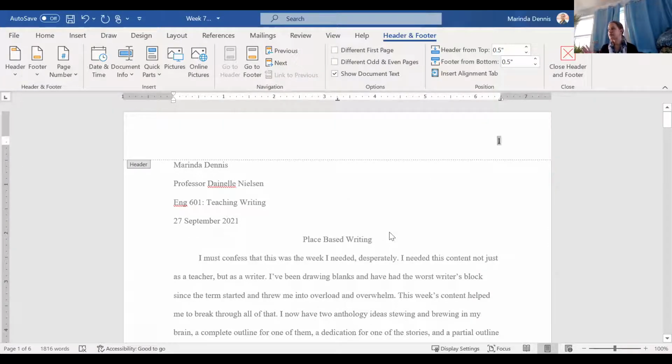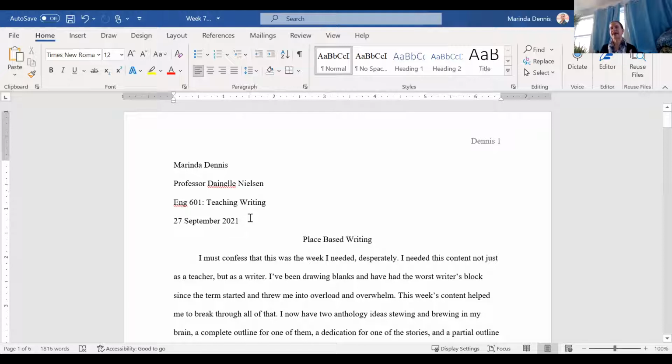If you notice, it gives you a grayed out number and a little blinking cursor. So that is where you're going to put your last name. You'll note I'm in the header, but I don't have my MLA header in the header. That would be incorrect. Just because it's called the MLA header doesn't mean it goes in the header of the document. No, it just goes at the head of the document or the first 4 lines. This is extremely important. So we're going to go back to